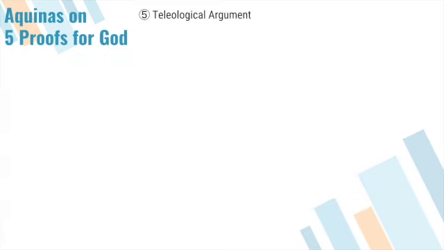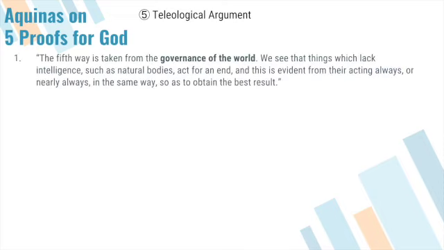Let's look at the fifth proof. The fifth proof is not a cosmological argument about the origin of the universe. It's a teleological argument, which is also, in a different way, about the order of the universe. The cosmological arguments talk about the origin, the beginning of the universe. The teleological argument is focused on the order inherent within the universe. That'll become clear as we go along. So the first